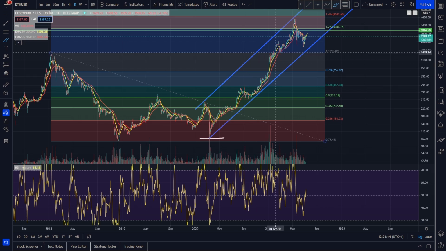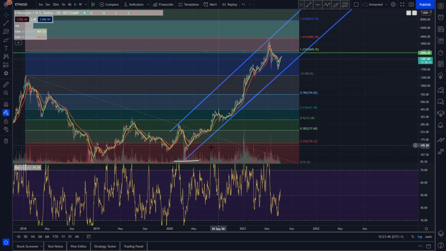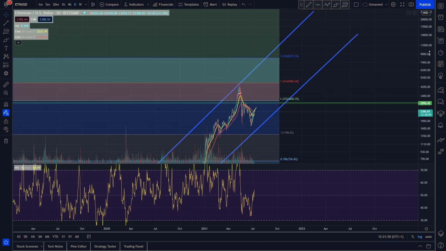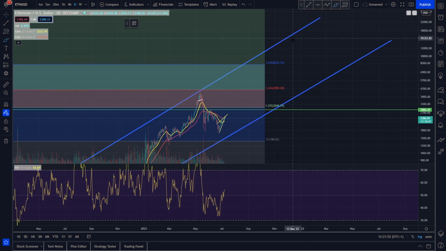I mean, when you start looking at this and you think, if we just keep adhering to this channel, then sooner or later we are going to be coming up to some of these extensions that people are looking for. Obviously 10k is a big one, and this 10k would basically be at the top of this range in about September, October time, as you can see, which would be when most people were saying the bull run would end. But obviously with this extended period of sideways action we've had, we could be looking at potentially an extended cycle where the bull market continues into early next year.